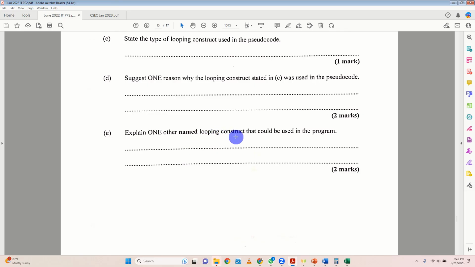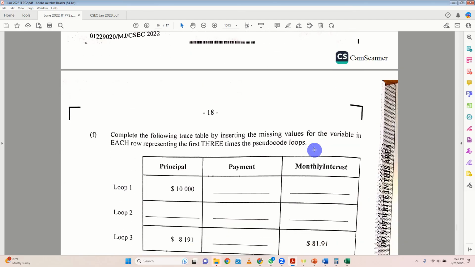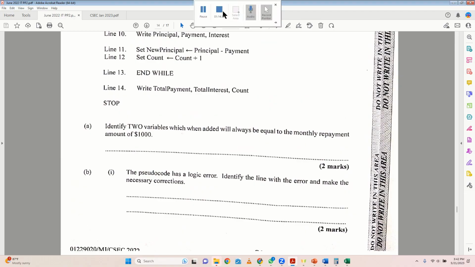Explain one other named looping construct that could be used. Repeat until could also be used. And that ends our